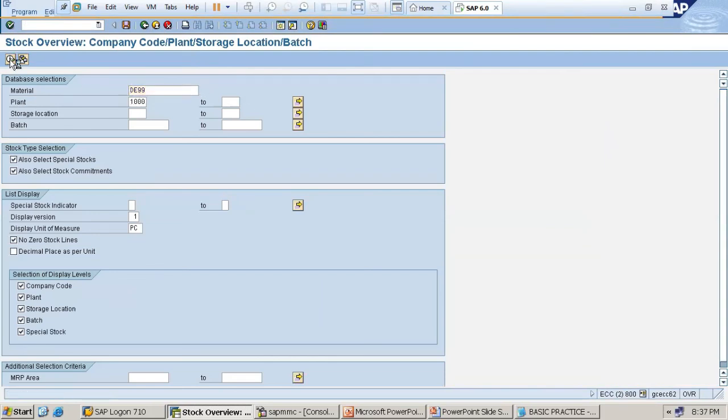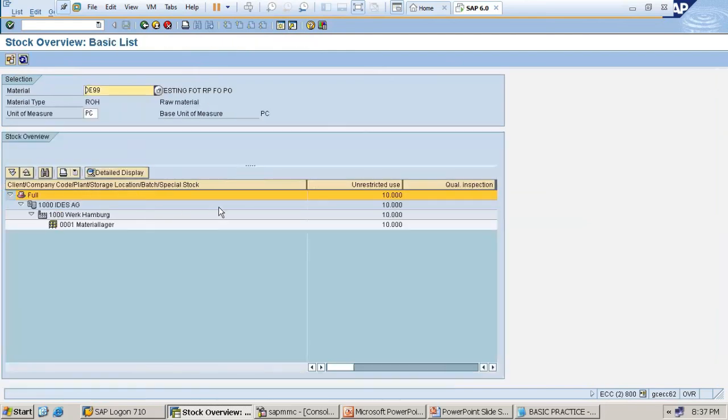Click on execute. See, company code 1000, plant 1000. Under the storage location 3001, we have 10 quantity.